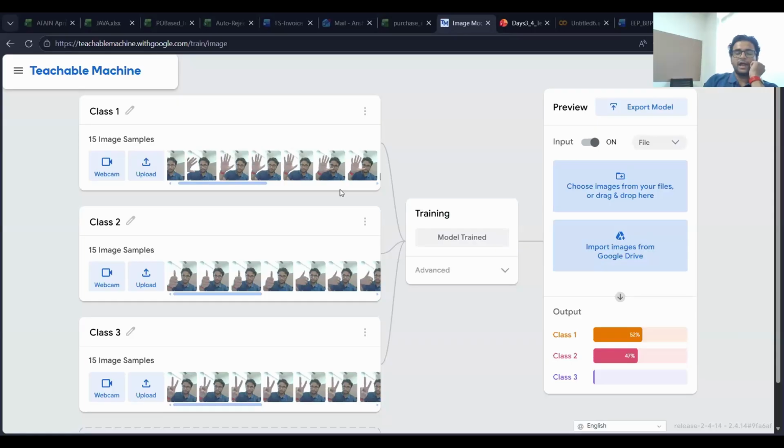Like I can add in as many classes as I want and as many samples as I want. And as I increase the samples, the model gets trained better.